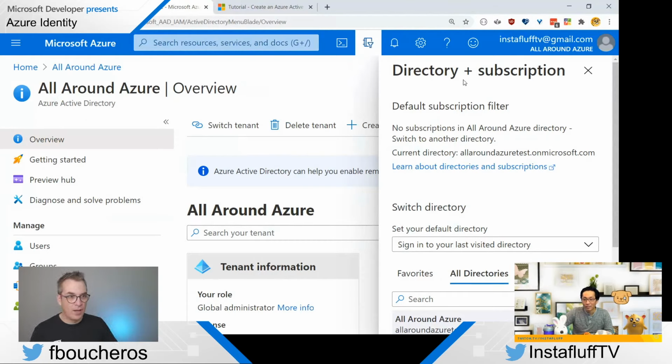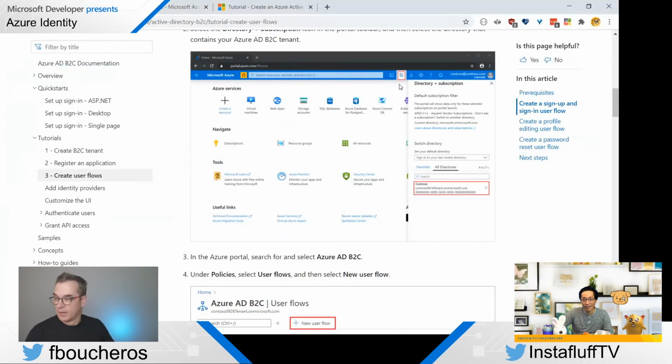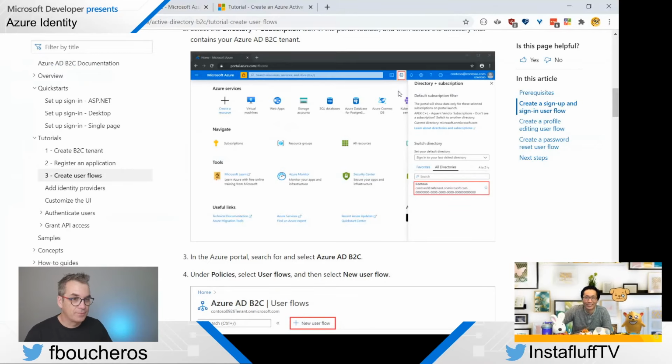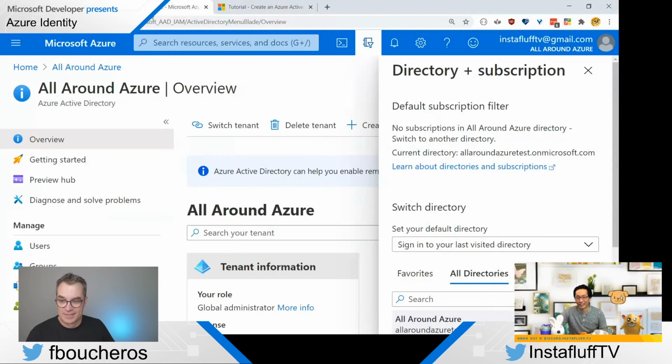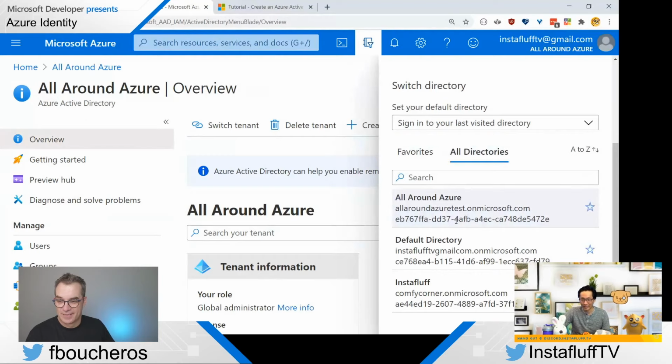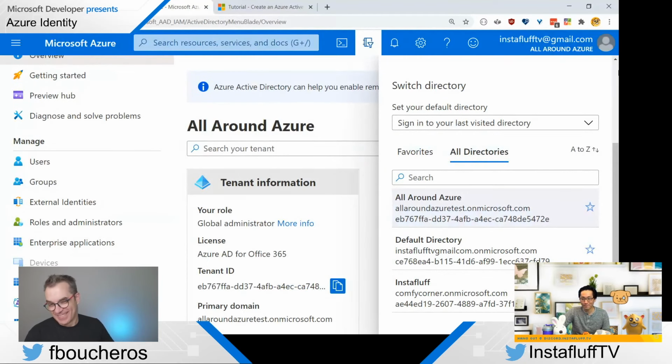That's the directory subscription icon. Okay. I filter, get it. Whatever. I totally missed the red square. Yeah. That makes sense. I get it. Okay. So then we go here and then we can select this one. Okay. Got it.